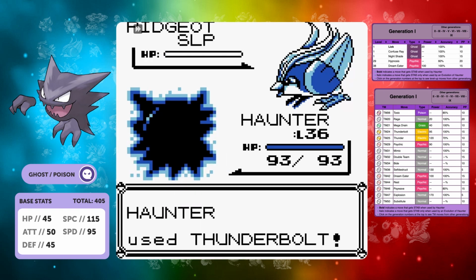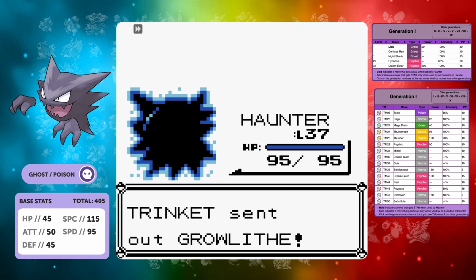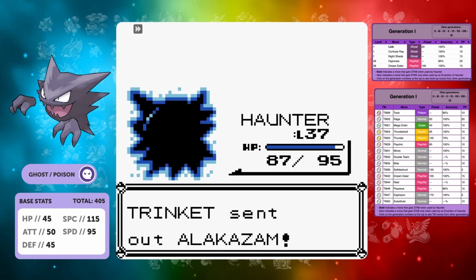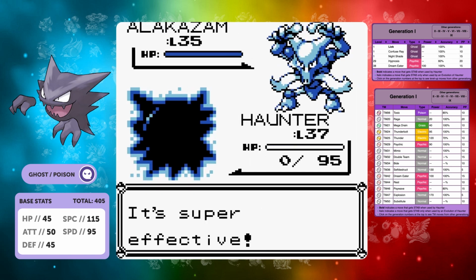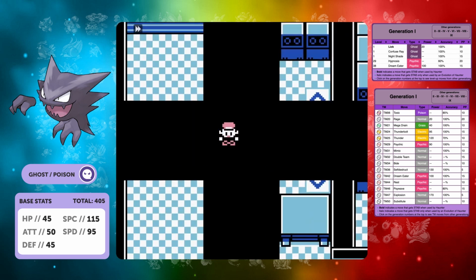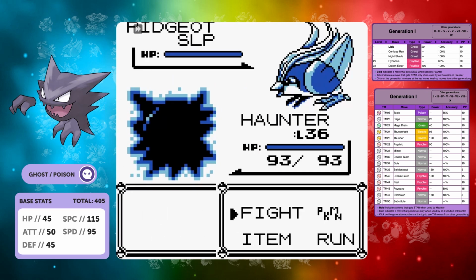Once you've finished Lavender Tower, you go straight to Silph Co., and then you go and beat Fuchsia. And yeah, it's just the easier way to go about doing it. The Alakazam is going to be an issue though. As you can see there, we just got one-shotted and outsped by it, and that's not a good position to be in. We really need to take it out in one hit, so we need to get the Hypnosis to